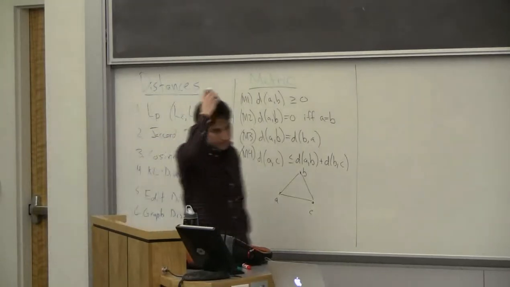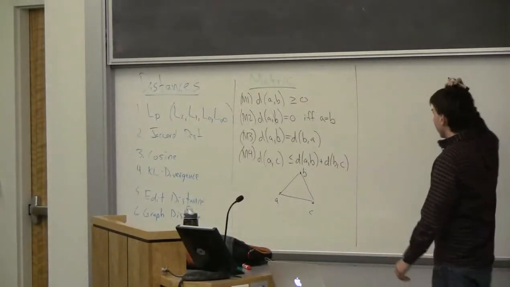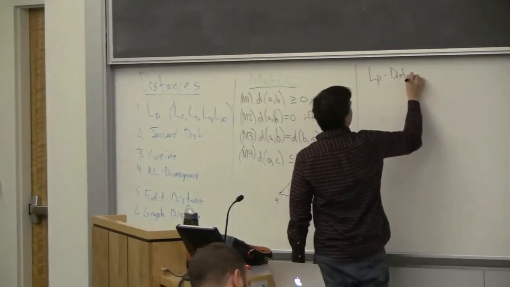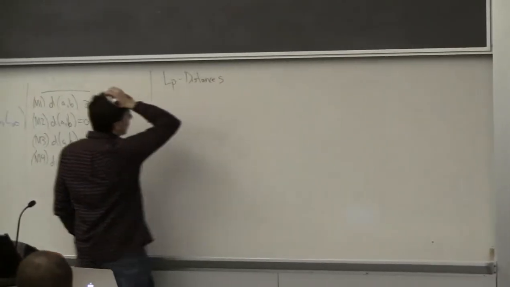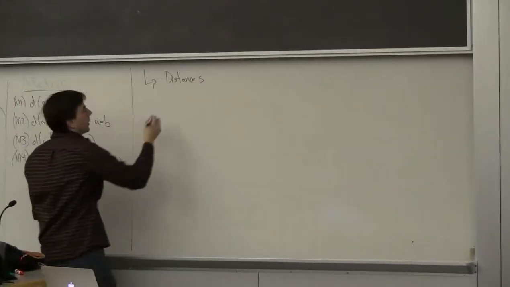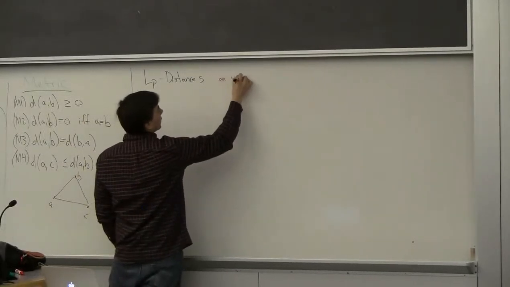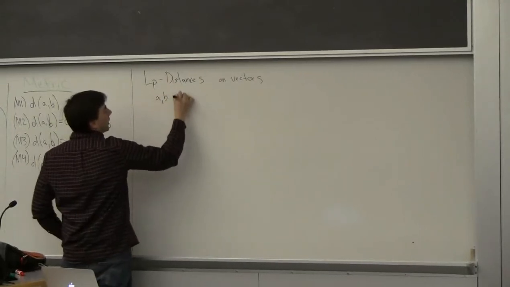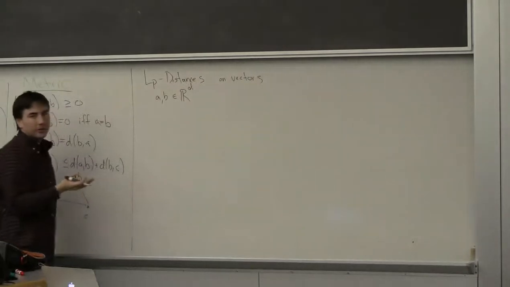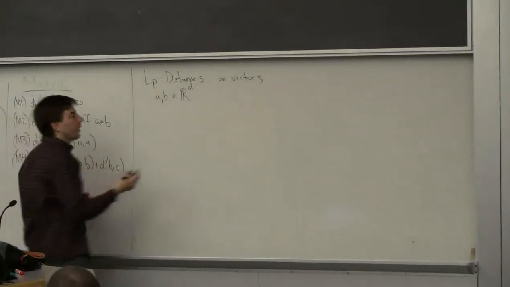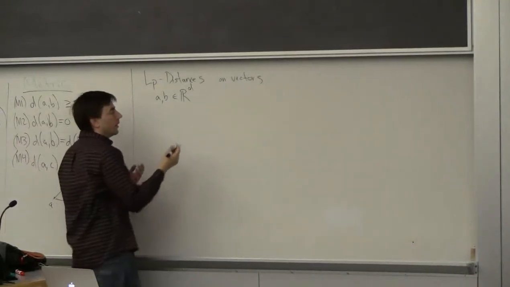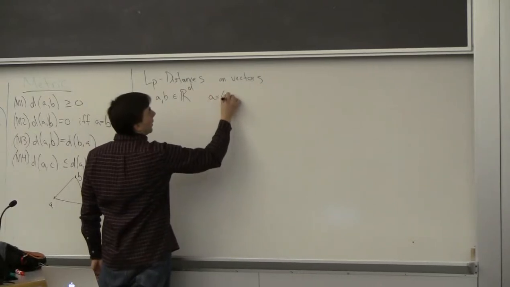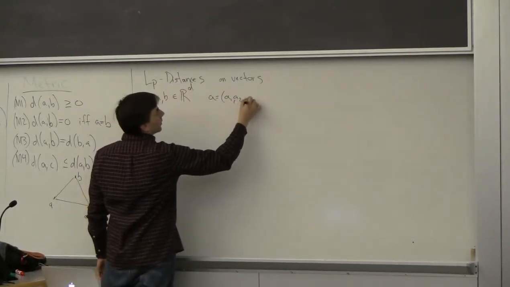Okay. All right, so we'll start by talking about these LP distances. These are defined on vectors. So I'm going to have A and B in R^D. This is a d-dimensional space, and so, for instance, I can write A as (A1, A2, A3,